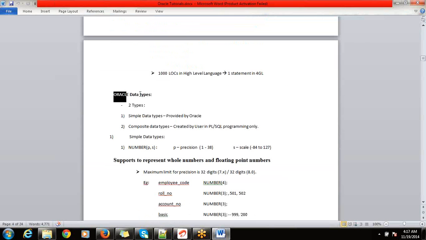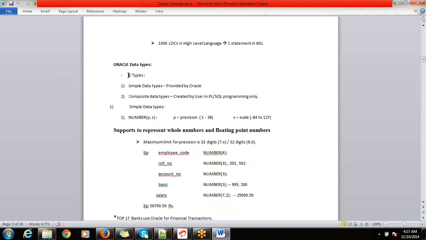Yes. So here there are the various data types present in Oracle. Data types, like in C programming, you might have seen int, character, float, those data types, right? Hello? Yes, I can hear you. Able to follow? Yes, of course. In C programming, you might have seen the data types like int, character, float, and so on, right? So likewise, Oracle also supports various data types.